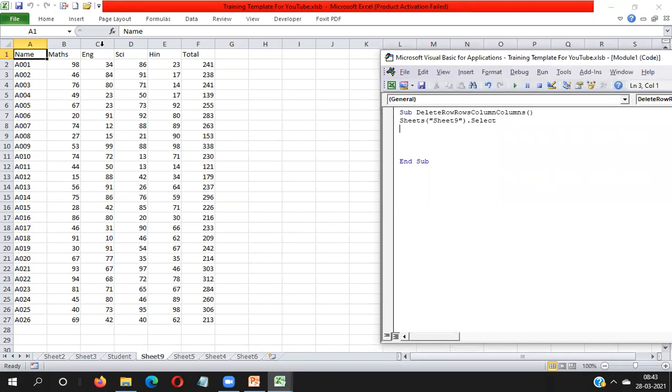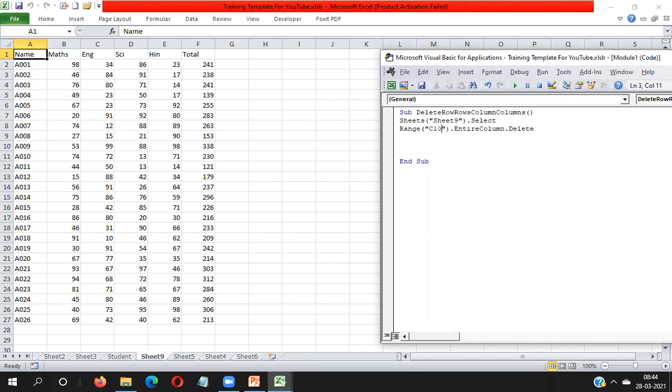Then which column do you want to delete? I want to delete the C column. So what you have to write here is Range. You can take any reference of the C column. Suppose I take C1.EntireColumn.Delete. So you can delete the C column through this line. Here you can take a reference of any row. C should be fixed, the row number can be anything. Here I want to take row number 10, so you will get the same action.